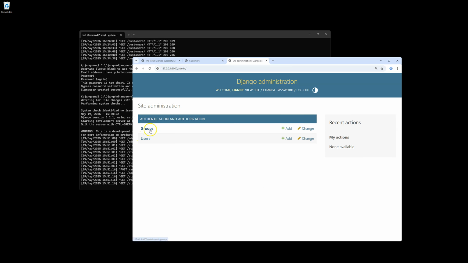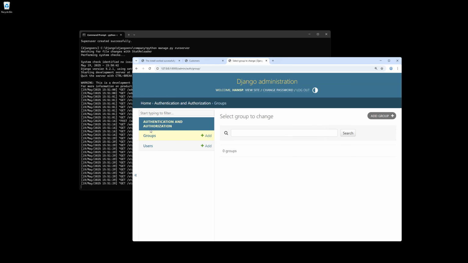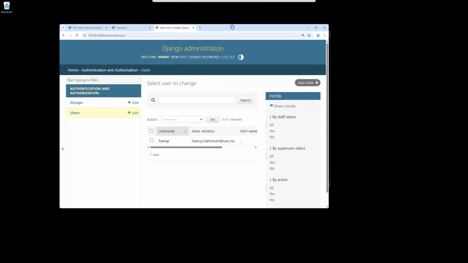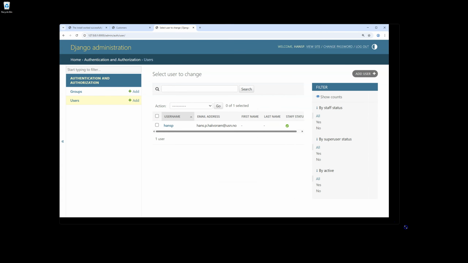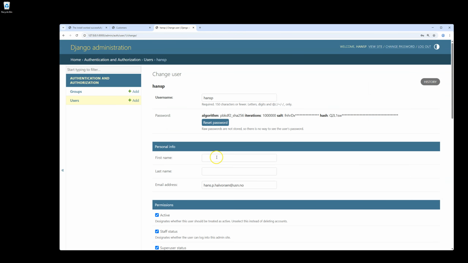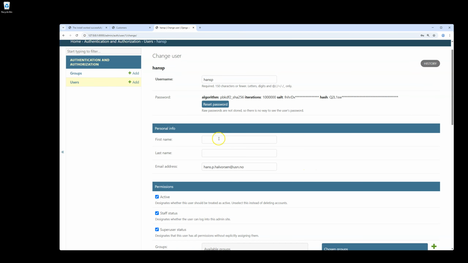By default, you get access to groups. So here you can add or create groups or other users. Here you also see the existing user that we just created. In my case, it was Hans P, which is the username and email address. And then I can click on it, and then I can change the username. I can change the password. I can also add, in addition to the username,